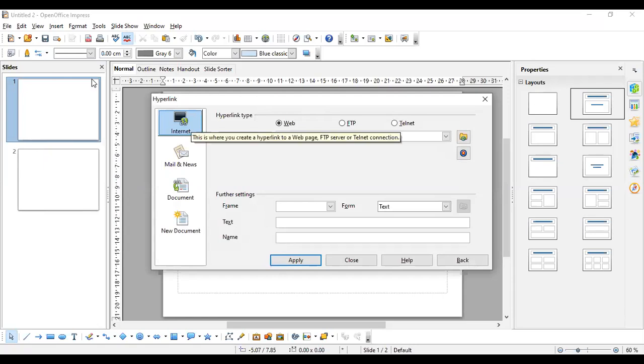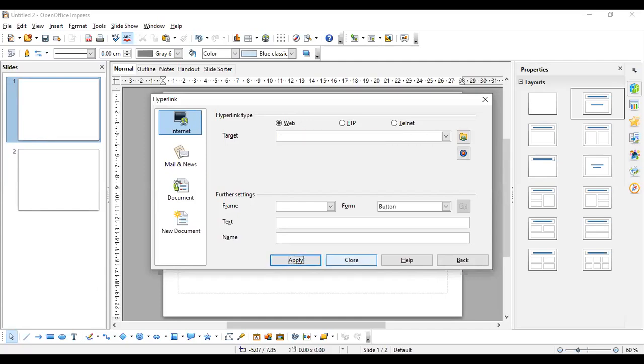पहला ऑप्शन यहाँ पे है इंटरनेट का, तो ये टारगेट में आपको वो इंटरनेट की फाइल का URL डालना पड़ेगा। So I will copy the URL of one of the videos I have given. I'll just copy it from here and paste it here. तो ये कुछ वीडियो मैंने अपलोड की थी ये आपके लेक्चर्स की, तो उसका URL यहाँ पे मैंने पेस्ट कर दिया है। So click apply,